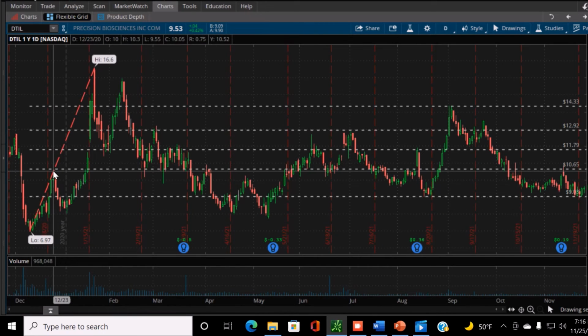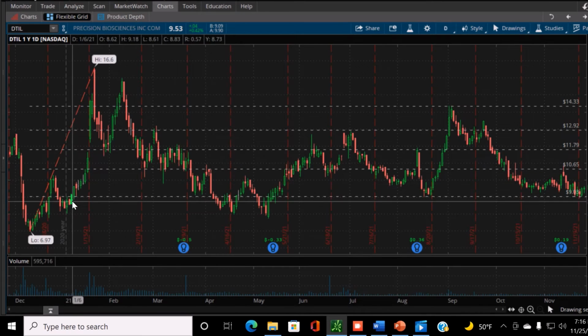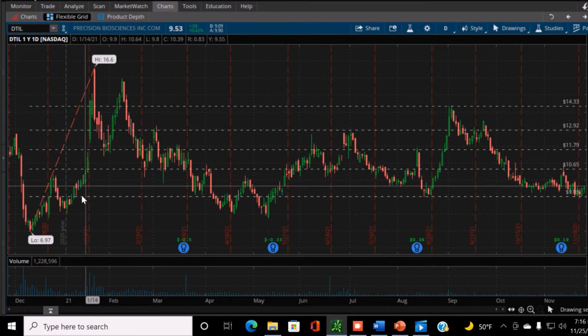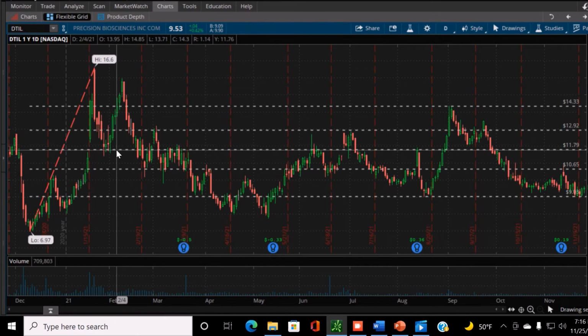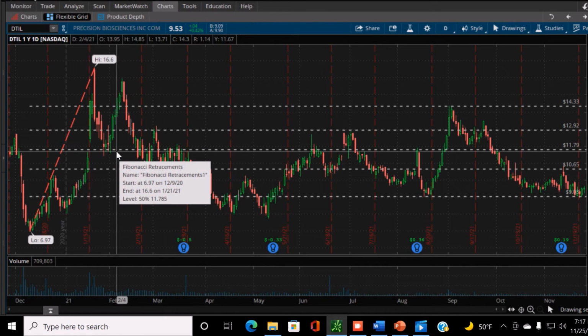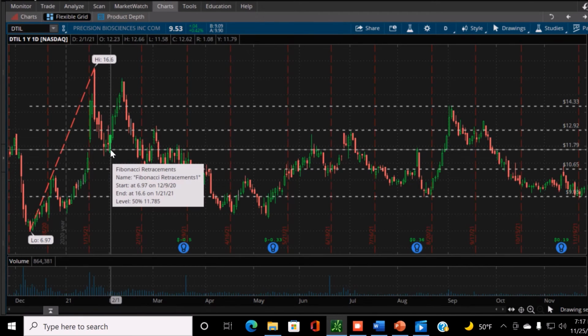And so it bounced off of this second line, dipped below, and man, she just blasted right through all of those. And then came back and bounced off, I think that's the 50 mark. Yeah, it looks like the 50 mark to me. See, that's why the Fibonacci retracement has the 50 and the 100 and the 0 included. It's not in the sequence, but it does end up being a very important one for us traders.